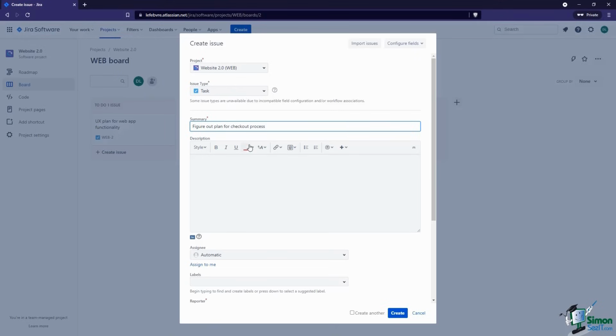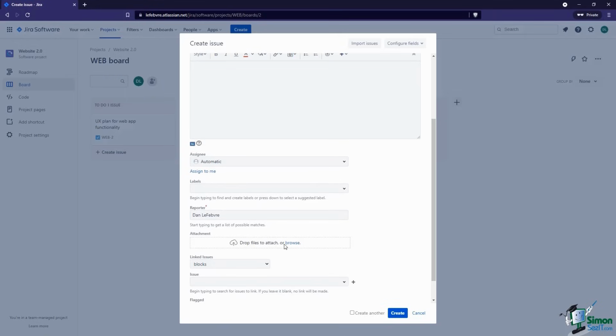There we go. Now, this little red asterisk here, of course, means that this is a required field. The summary is kind of a special field in Jira. If you look on the board here, you can see that's the summary. So it's displayed in different places inside of Jira, which makes the summary a required field really across all of the issue types. We can add whatever we want to these fields,